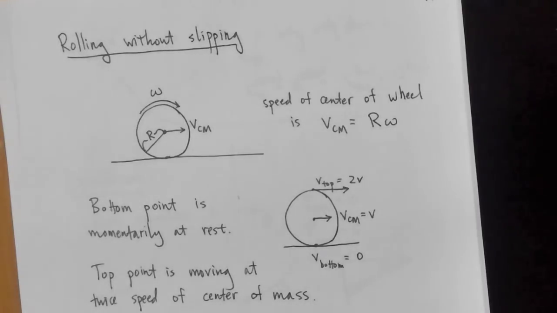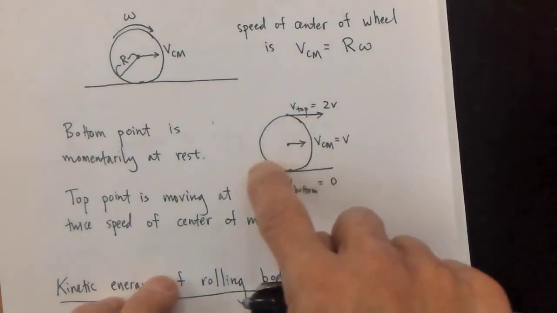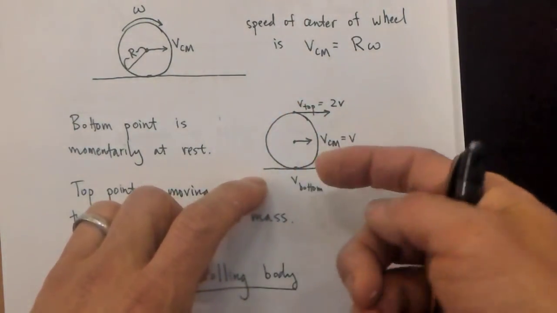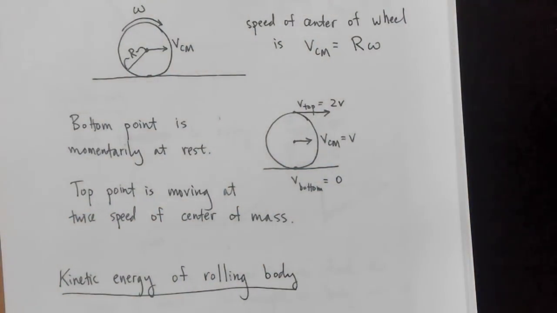And the way you can understand that is, the wheel is spinning. I actually never did this very carefully in lecture, but when something is rotating, the top is going this way, the bottom is going that way. Everybody looking at that? But now if it's rolling without slipping, the center of mass is also moving at the same time in that direction. So you can think about a combination of two things happening. The whole wheel is moving this way, but then the top is also moving this way, but the bottom is moving the opposite direction. So as a result, if you look at a snapshot of what the motion is,